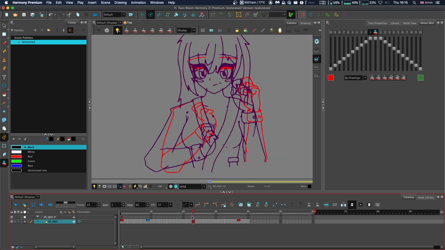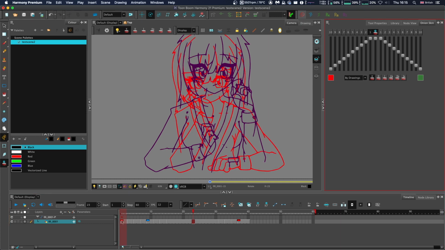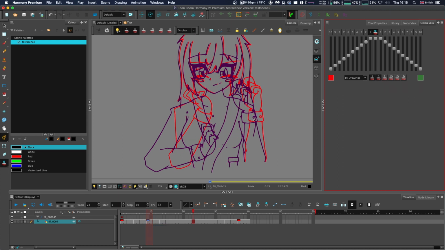So as you can see, we are here on the timeline, we have it set to by drawing, and we're 1 frame behind it, so it's showing the previous drawing, which is this one. If you want to show the last key drawing, I have this first frame set. So 1 drawing back, which is a key drawing, will show that first frame. If you want to also include breakdowns into that, so 1 drawing back will instead show this one, we can select breakdowns as well, and it will show that frame.